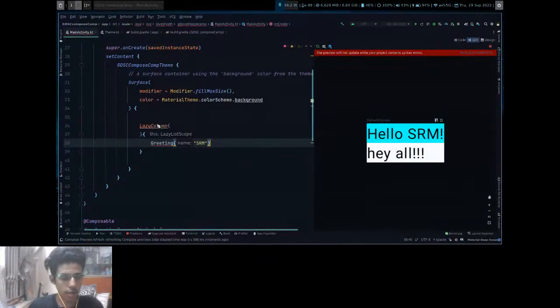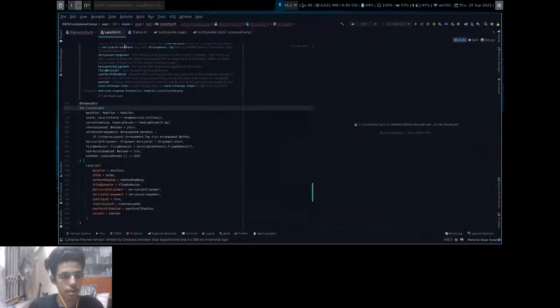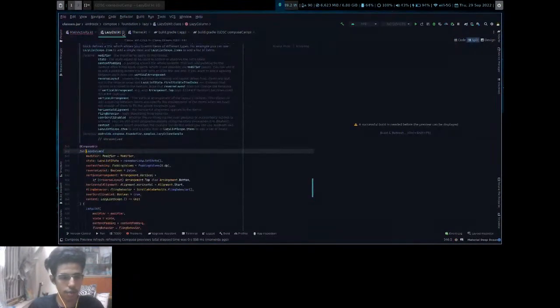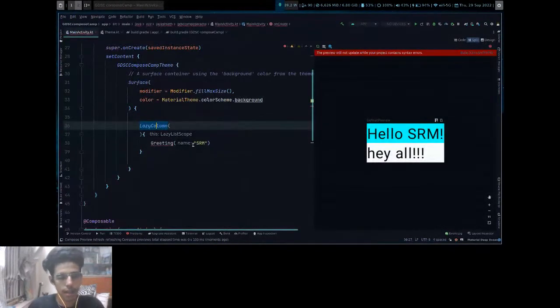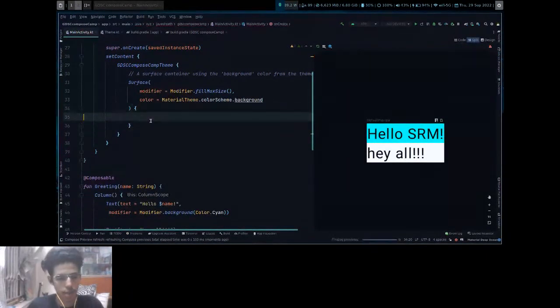Why is it? So if you go to the code declaration, you can see it's mentioned, but it is a bit of documentation, so we'll just ignore it for now. The thing about lazy column is you can't straight up provide the data, since it's the equivalent of a RecyclerView adapter. You need to actually provide the content of it.